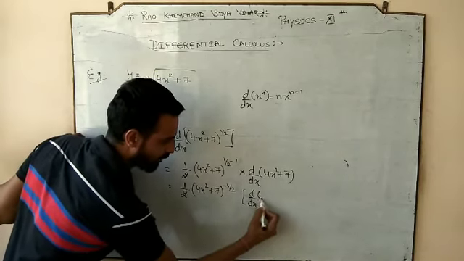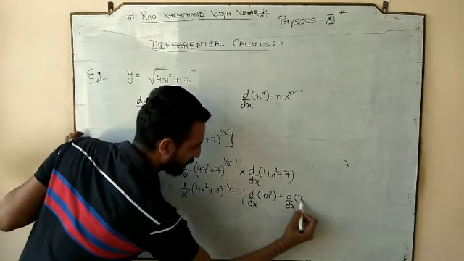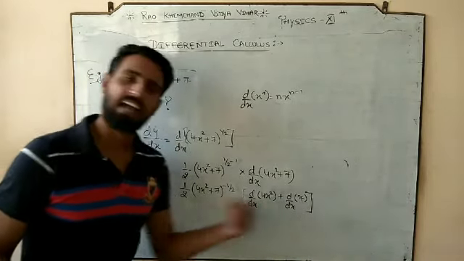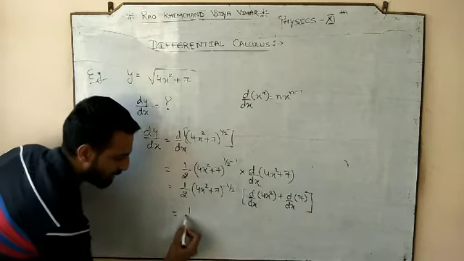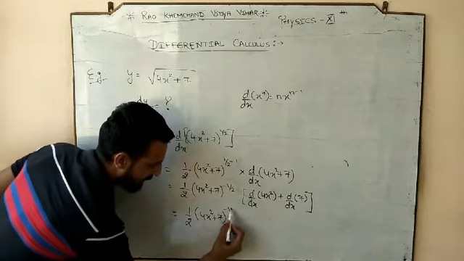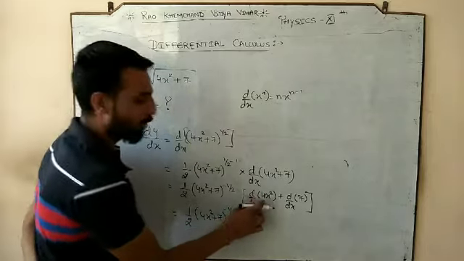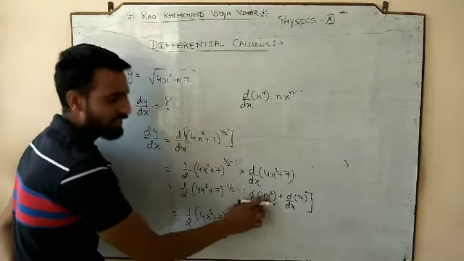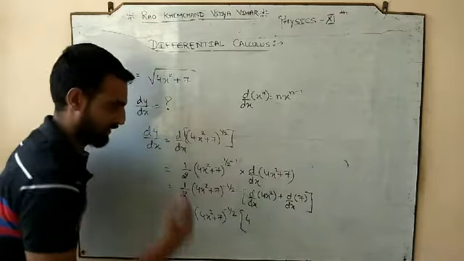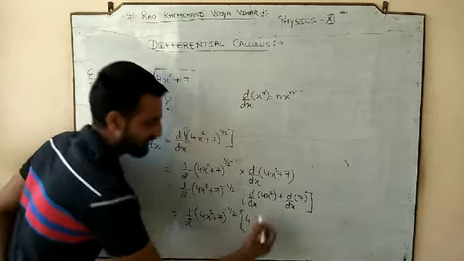And to differentiate it, the differentiation of 4x square would be separate. So d by dx of 4x square plus d by dx of 7, by applying the addition rule, means the first quantity separate and the next one separate. So what would it be? 1 by 2, 4x square plus 7 power negative half, times the differentiation of this. What is 4? 4 is a constant, but it is a constant along with a variable. So that's why this constant would come out of the differentiation. There would be no change in the value of the 4. And what is left? X square.